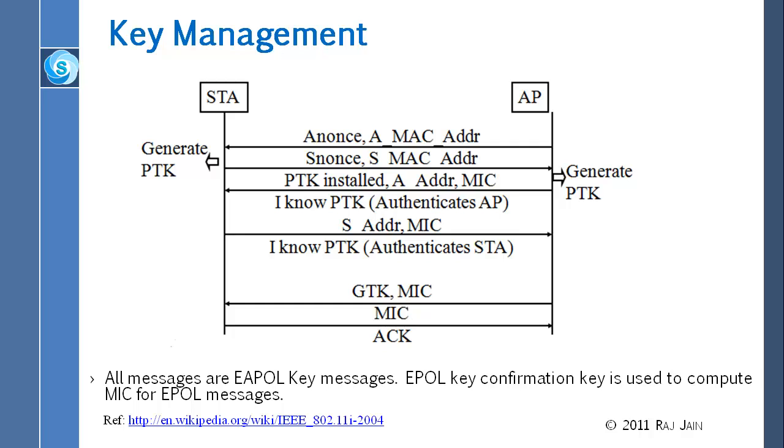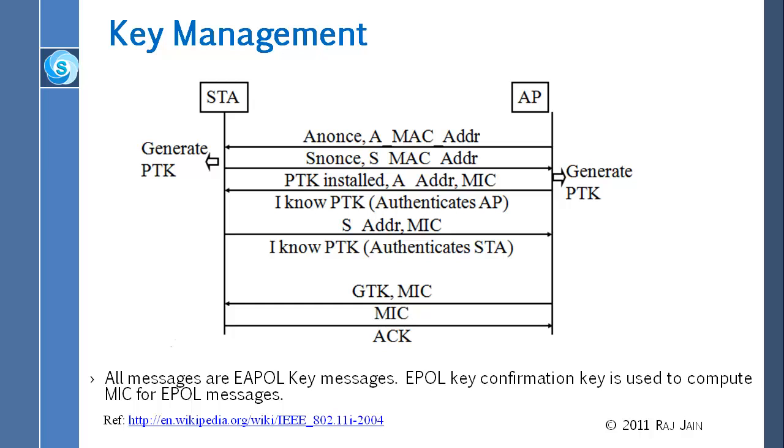So I know the PTK and here is the integrity check and all that, and so this basically authenticates the access point, because if this guy knows PTK, it can verify that, and it will do the same thing. Here is my address, and here is the authentication, the integrity check, and I know PTK also. Okay. At this point, once they both have authenticated each other, they can